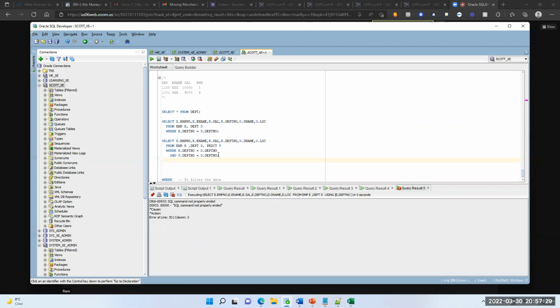Venu, question: will you be explaining about the hints as well? Yes, I will do that. When we go to indexes and all those things, we'll work on hints also. And even if we go in depth, we need to talk about external tables and all those things also. These things will be covered in PL/SQL actually. If I give those examples right now, you guys may get confused, and I don't want to make you confused.